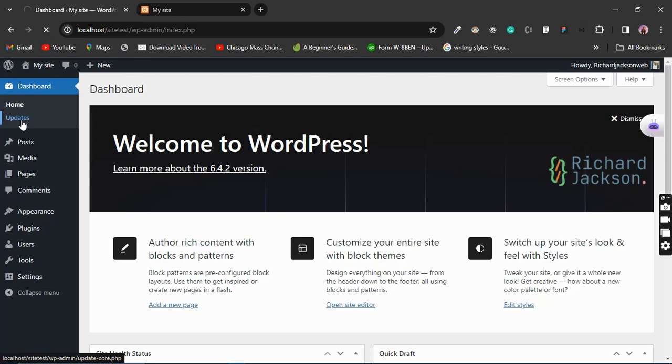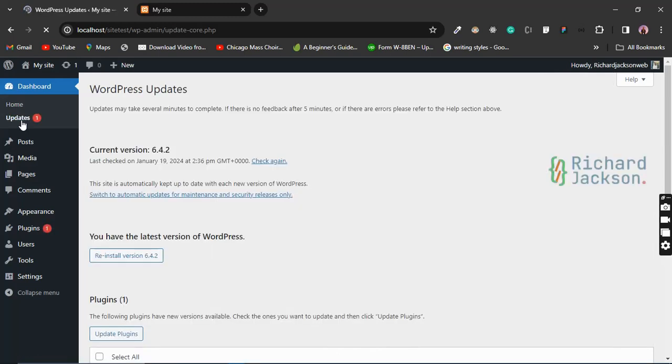So if you're working with a particular plugin or theme on WordPress, and there's an update for that theme or plugin, you're going to see it in the update section. Also, if there is an update made to WordPress itself, because WordPress has updates,